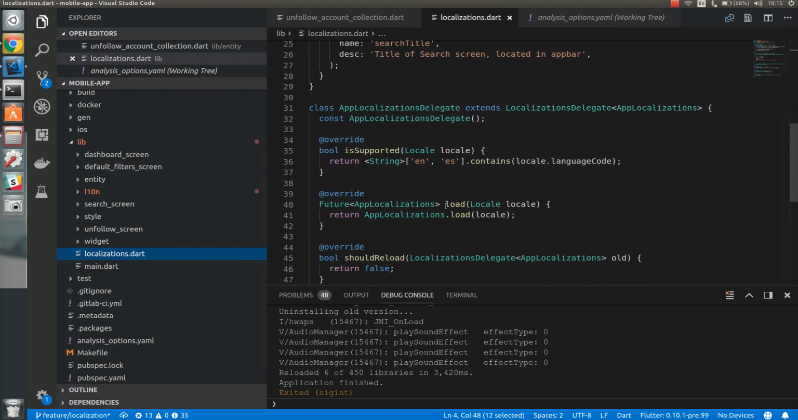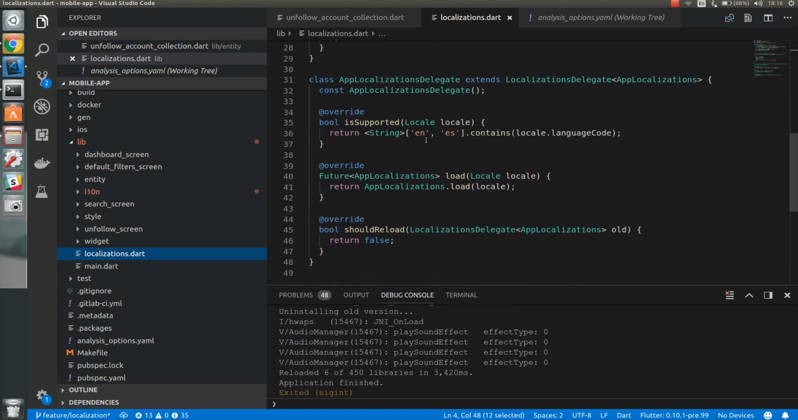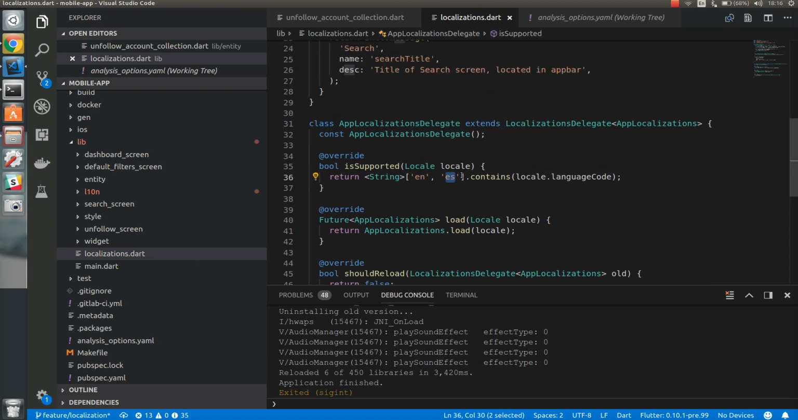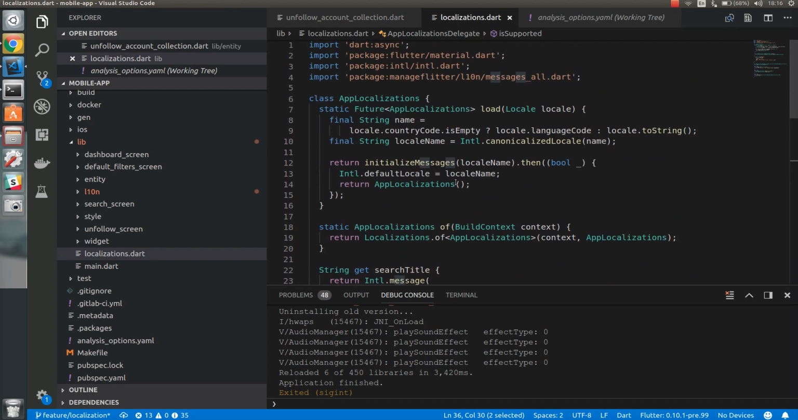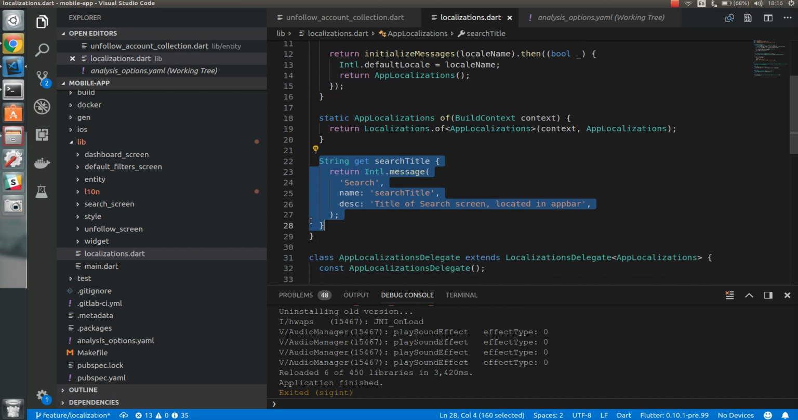After that, this is localization Dart. Localization starts from here. You can declare all languages we'd like to support here, and this is the main function which loads all these strings, which are later generated to ARB files, if that's spelled correctly. So I just copy this,